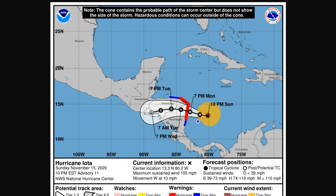We do have a hurricane warning in effect for the island of Providencia, which is right squarely in the path of the hurricane. That's actually part of Colombia. And we also have a hurricane warning for the coast of Nicaragua from the Honduras-Nicaraguan border to Sandy Bay Sirpi, and the coastline of northeastern Honduras from Punta Patuca to the Honduras-Nicaraguan border, all under hurricane warnings. We also have a hurricane watch for the island of San Andreas, which is down here to the south of where the eye of Iota is expected to pass. Nevertheless, you're going to get tropical storm winds at the very least, if not hurricane force winds. We do have tropical storm warnings in effect on the north coast of Honduras and south of Nicaragua there to